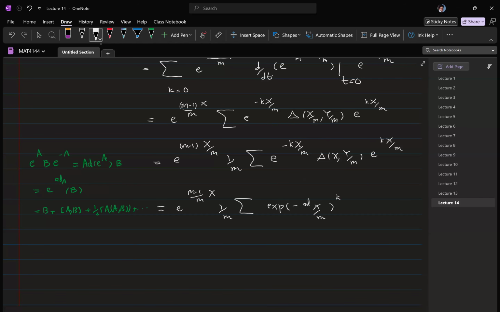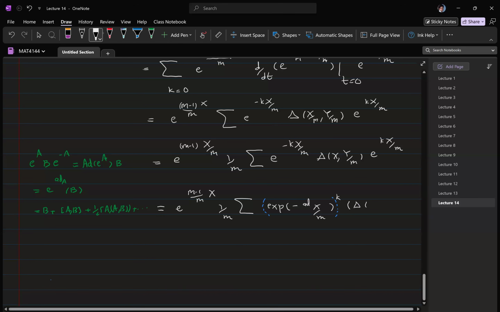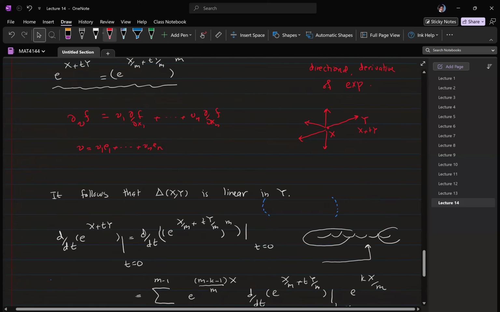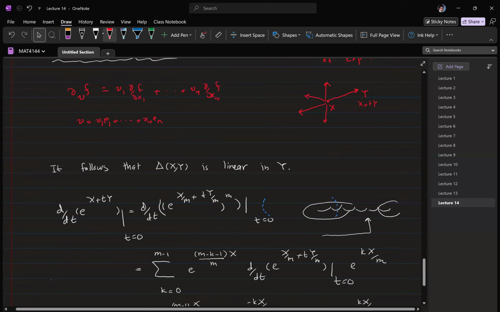And this exponential. And then I have this delta of x over m comma y. Okay, so now remember that now